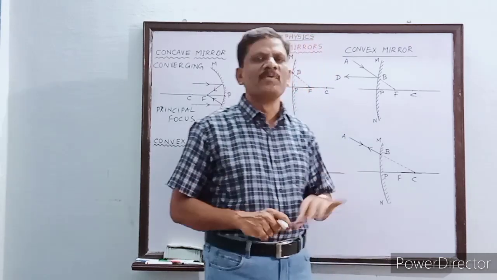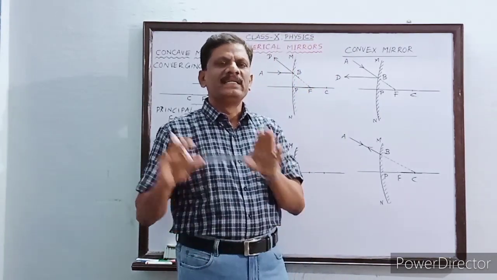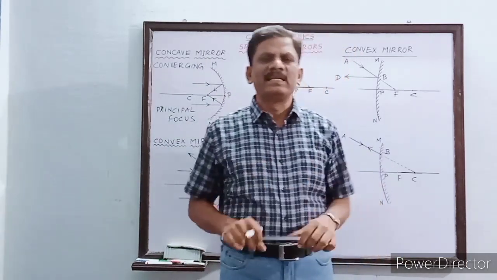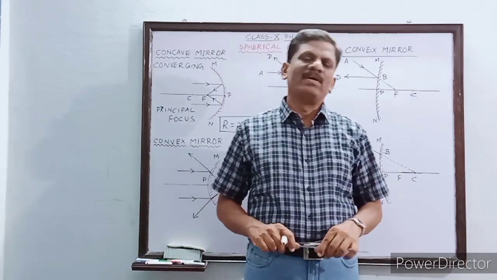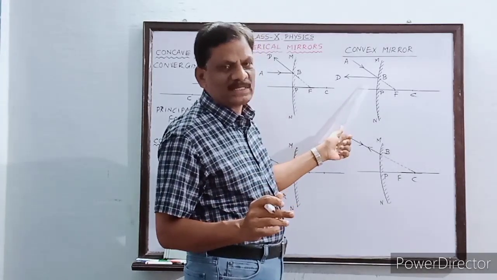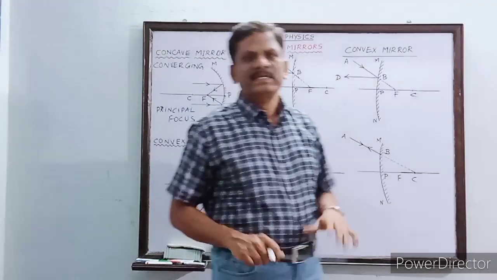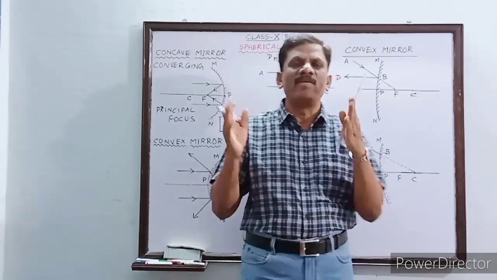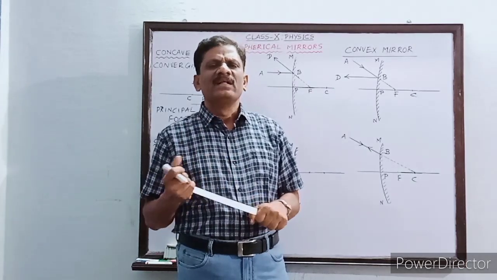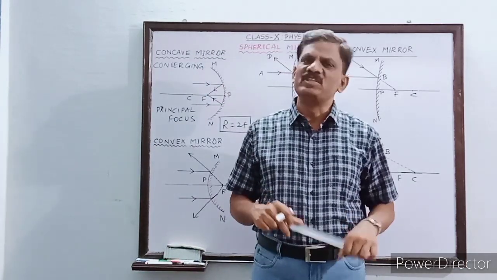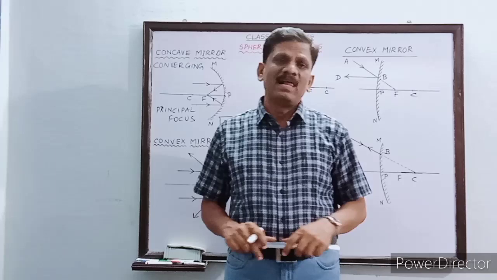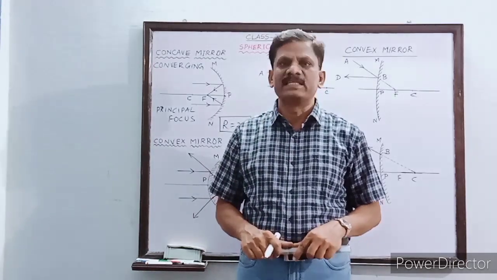Okay, my dear students, I hope you must have understood. So, whether it is a concave mirror or convex mirror, for every incident ray there will be one reflected ray. And for every incident ray, how to trace the reflected ray, you must have understood. Using this only, in the next video I am going to teach you how to form the images. So, the images may be real and inverted, or virtual and erect. Their size may be diminished or enlarged, or same size as that of the object.